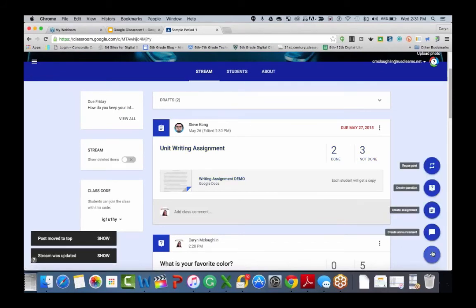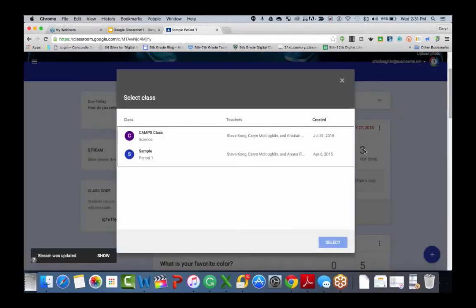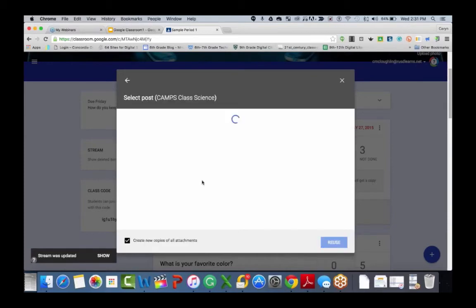But if I want to reuse a post, maybe in another classroom or something from a long, long time ago, the fourth option under the plus is reuse a post. This allows you to reuse a post from previously. You can make changes to it according to the new post, whatever you want to do under the edit. But say that something in the camps class I wanted to use for the sample class. So I can select the camps class,